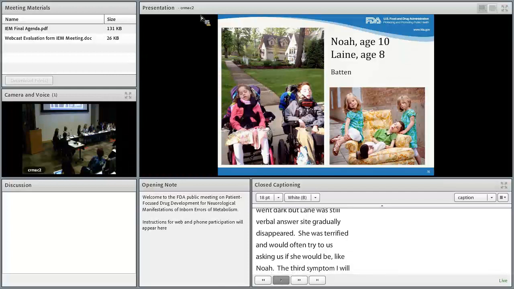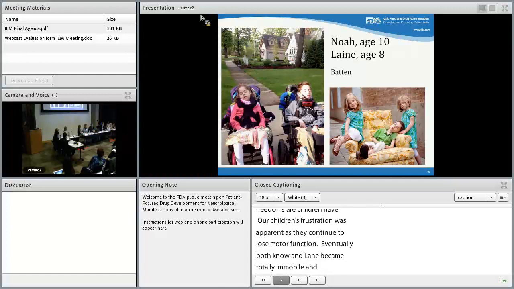So the third symptom I'm going to speak about encompasses a few different things, being loss of all motor function. It's a broad category and affects every part of our lives and the lives of our children. Ataxia was one of the early symptoms and led us as parents to restrict the last remaining freedoms our children had. Physical and occupational therapy, padded helmets, and adding padding to other items in the home only did so much. Our children's frustration was apparent as they continued to lose motor function. Eventually, both Noah and Lane became totally immobile and wheelchair-bound.